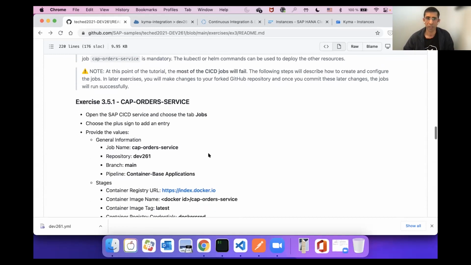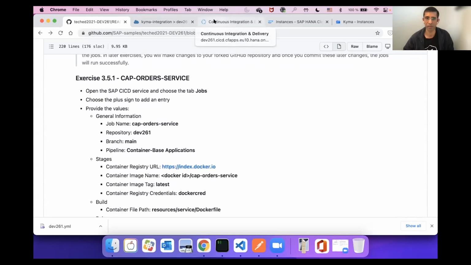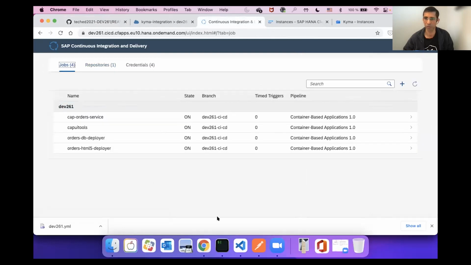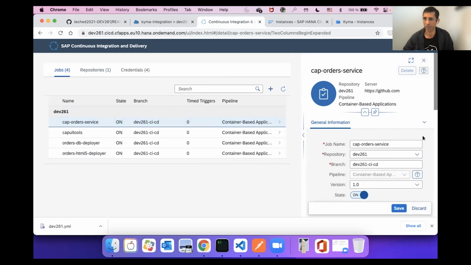So we'll start with configuring the jobs. We'll start with the CAP order service. I'll just directly go to the job definition to show you what configuration we need to provide there. So here are my 4 jobs that have been configured. I'll start with the CAP order service. And if I do edit here,